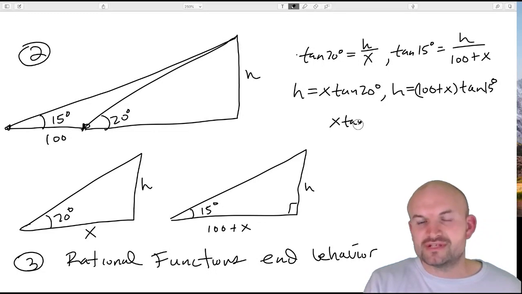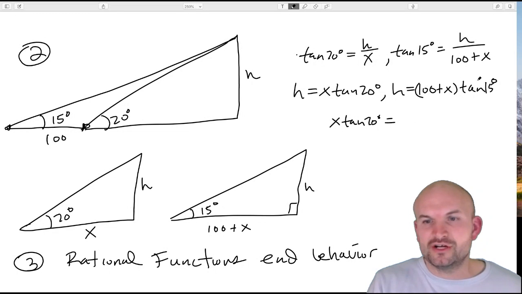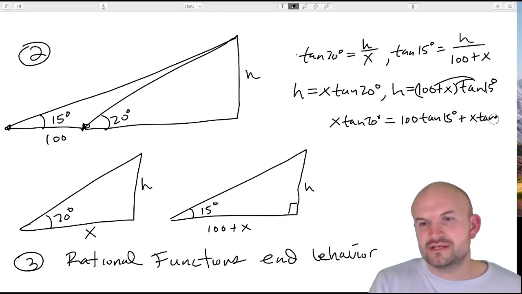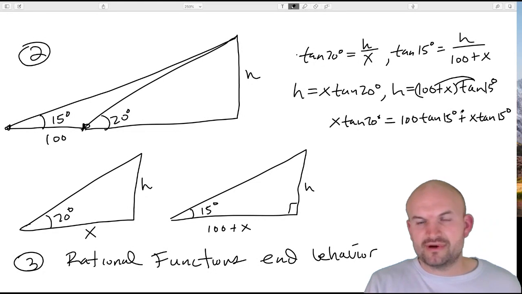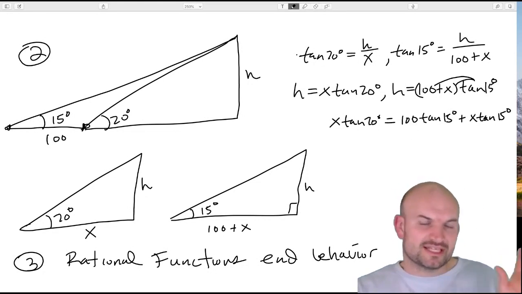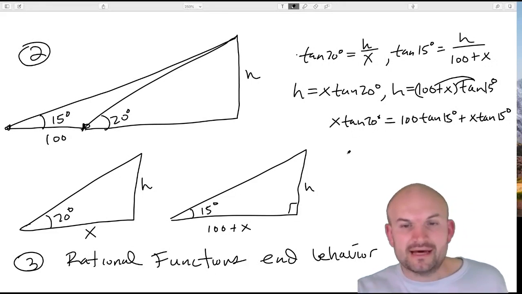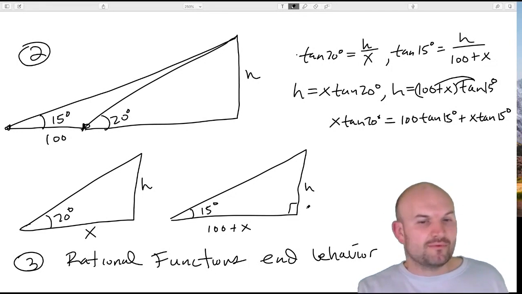You can evaluate using a calculator, which I don't have with me. So therefore, that's why I'm just going to leave it here. You could distribute here, so you'd have 100 times the tangent of 15 degrees plus x times the tangent of 15 degrees, right? So you're going to distribute that. Basically, what you'd want to do is get those x's to the same side, and then combine them and go ahead and solve for x. Then once you have x, you can